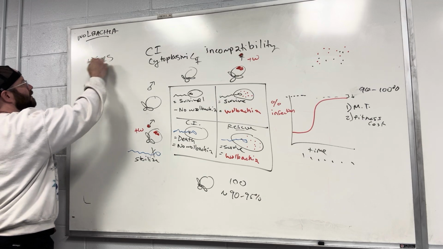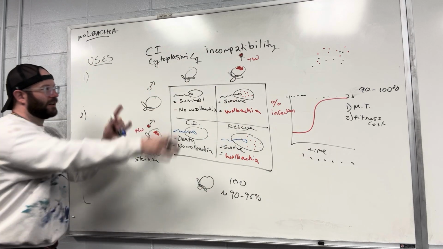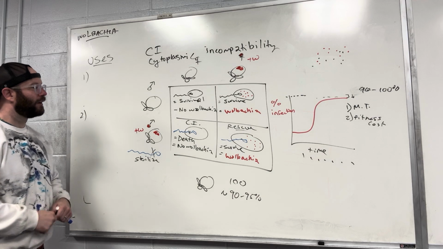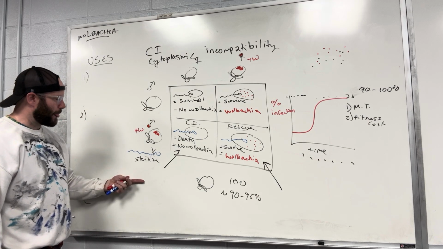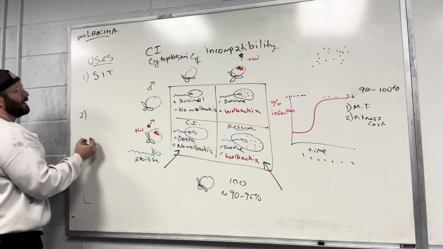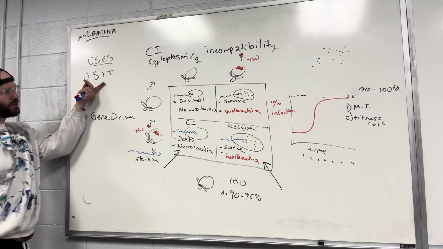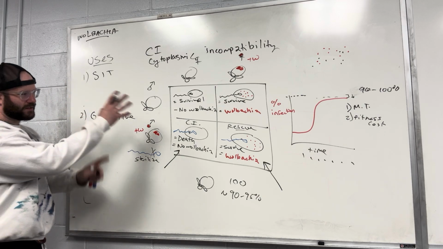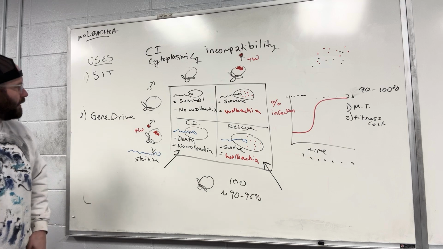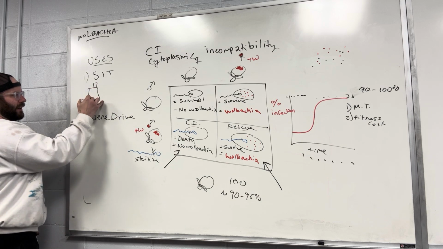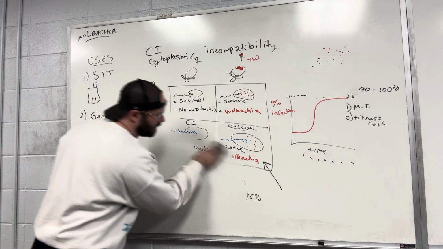So uses 1, 2. What do you think are the two uses, given they all revolve around CI? One essentially uses this, and the other essentially uses this. One of these is sterile insect technique, and the other is gene drive. For sterile insect technique, this process can be utilized as the mechanism to produce sterility. All you need to remember is that in sterile insect technique, we talked about how you would build a factory, and in that factory you would rear a bunch of insects. So the way the sterile insect technique works with Wolbachia